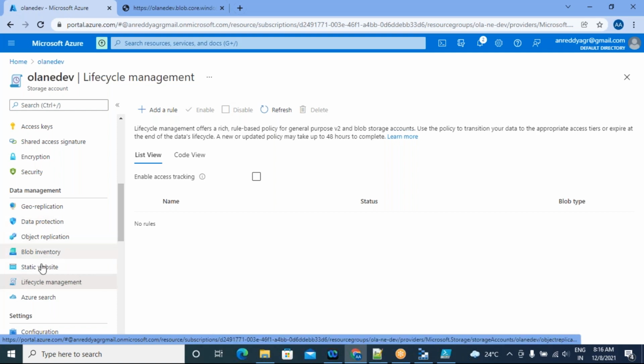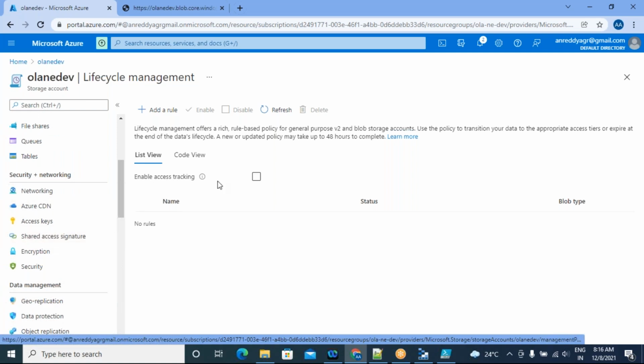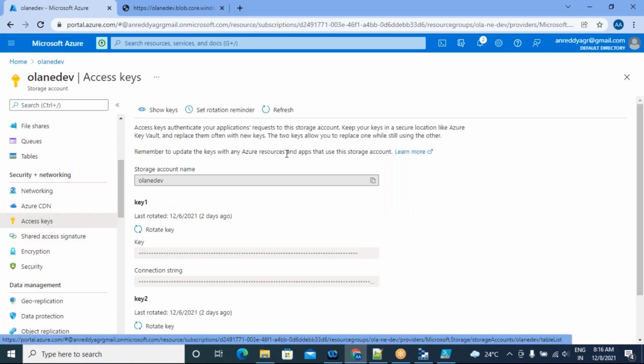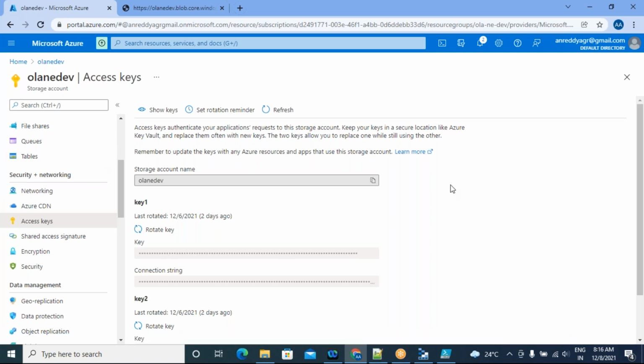So it will take some time. Then we'll go for access keys. Okay, access keys. So we have seen so far connecting the storage account by using